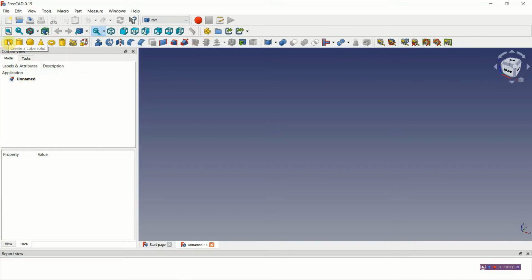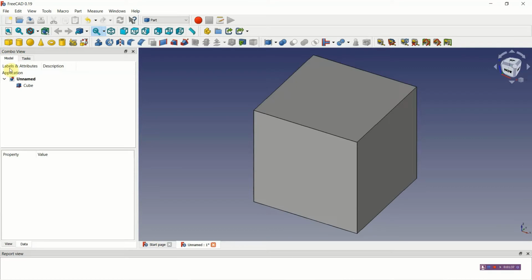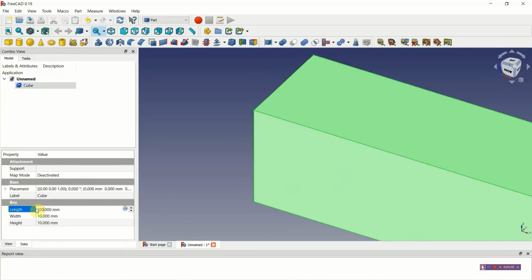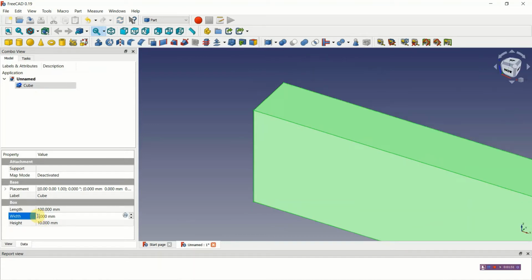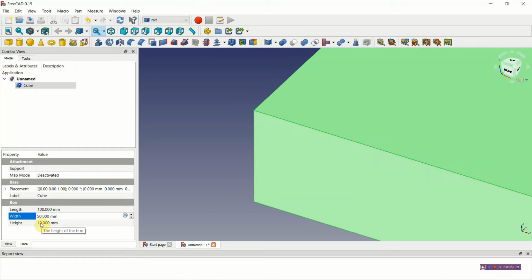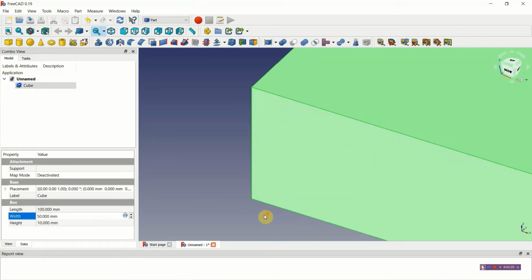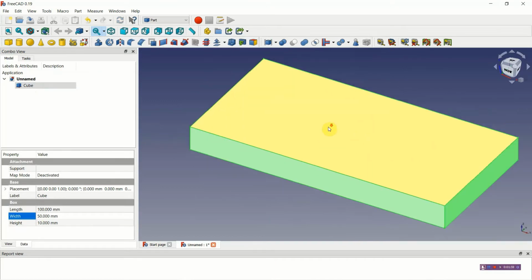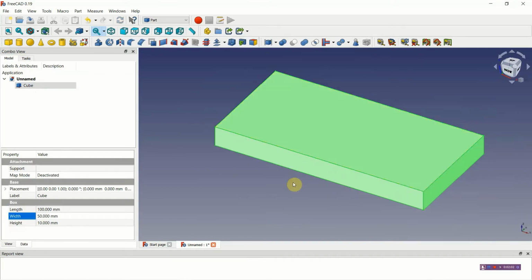I'll do this with, first of all, using a cube. Here we can see the cube created. If I then click on this, I can change the dimensions down here. So I'm going to give it 100 by 50 wide, and by default it's already 10 millimeters thick. So if I move out, reposition this, you can see I've got the outer dimensions of the